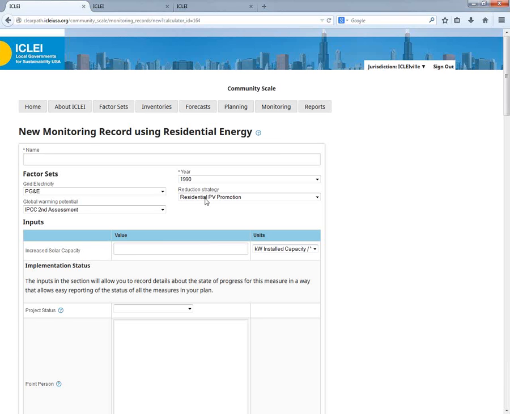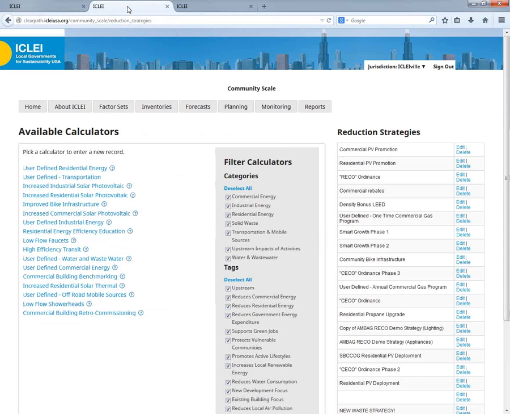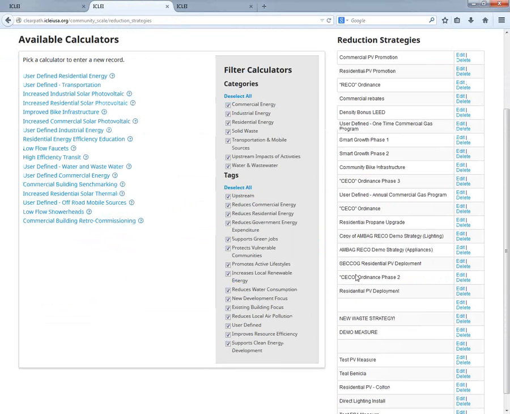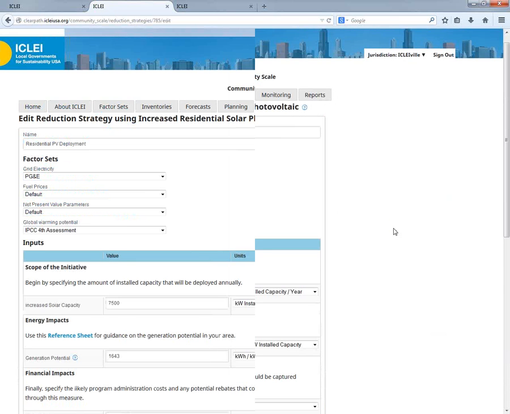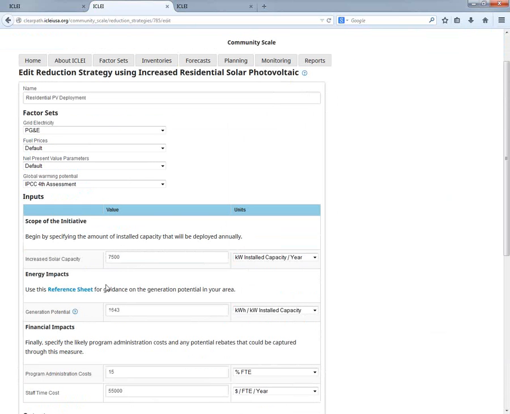So this residential PV promotion was really the thing that drove that calculation when we were developing the plan. The main driver was, what did we think was going to be the increased solar capacity? If I go in here and find this record, just for example, we were saying that we're going to increase by 7,500,